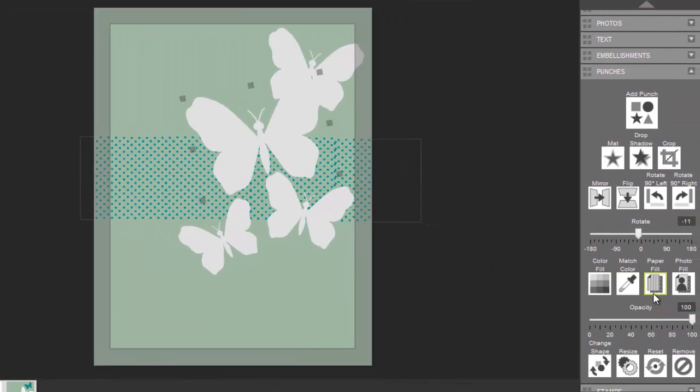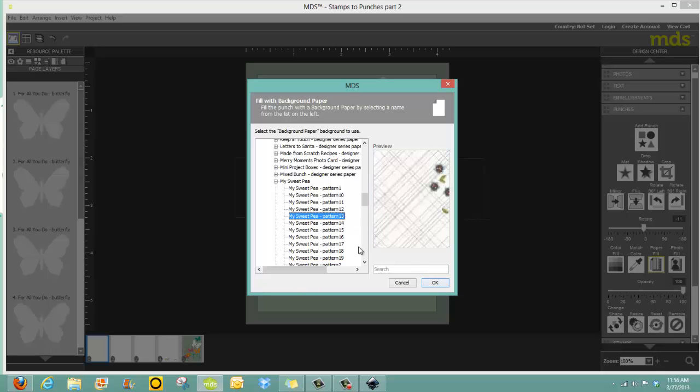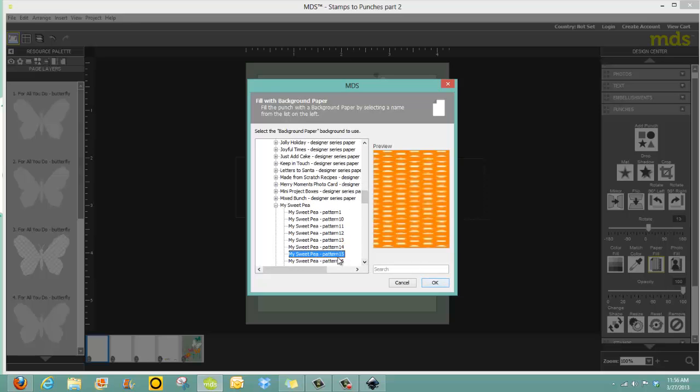Okay, then I'm going to fill with paper that I absolutely love. It's called My Sweet Pea. There's 19 different patterns in this paper, and I'll list my materials on my blog if you want to get them. So this beautiful pink color, I think pattern 13 is what I used for the big butterfly in the middle. I want to have a pretty turquoise pattern here